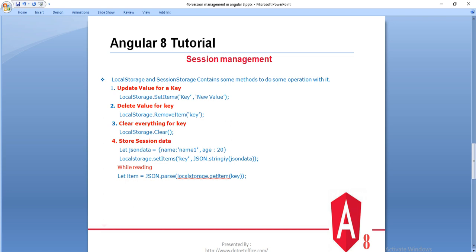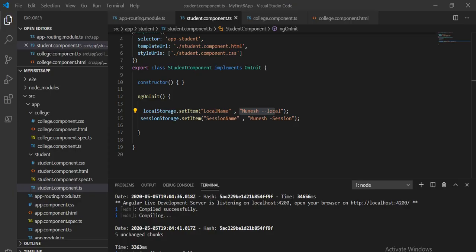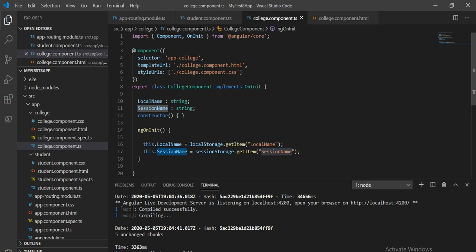If we want to set a new value, we can use the set item. I will go to Visual Studio Code and to the local here. If I want to set some data, I'm going to fetch local name now, but I want to store some new value.